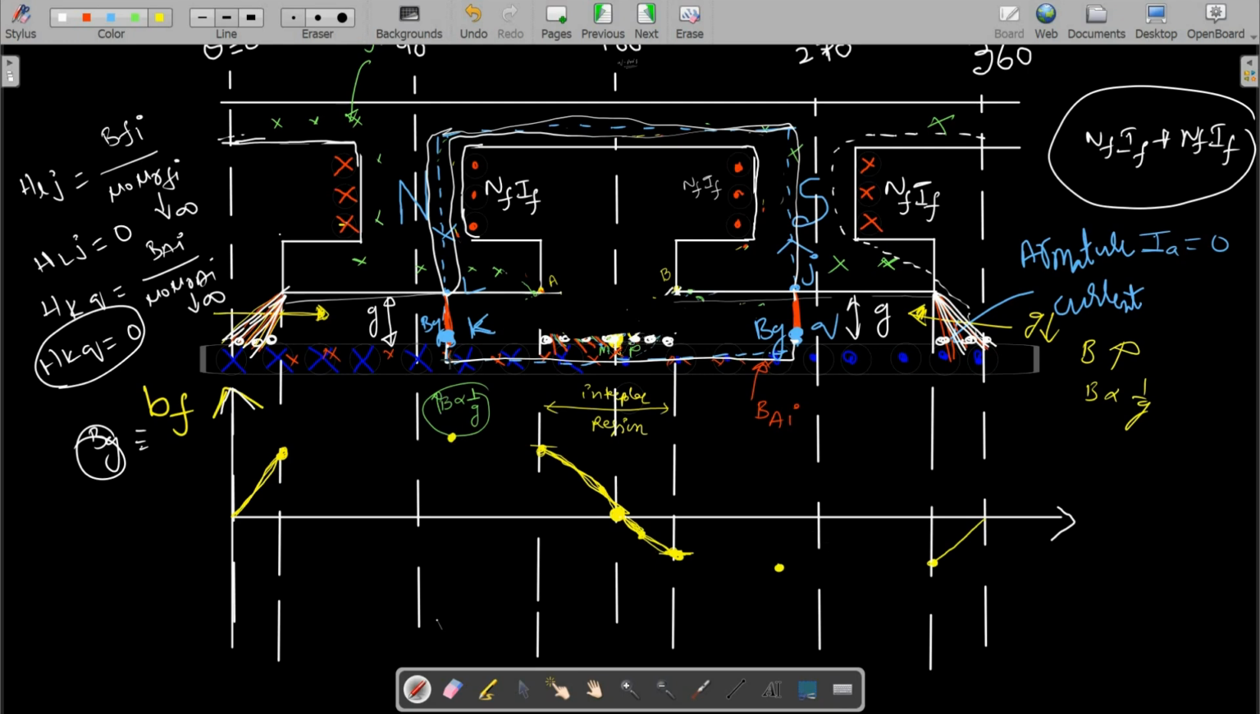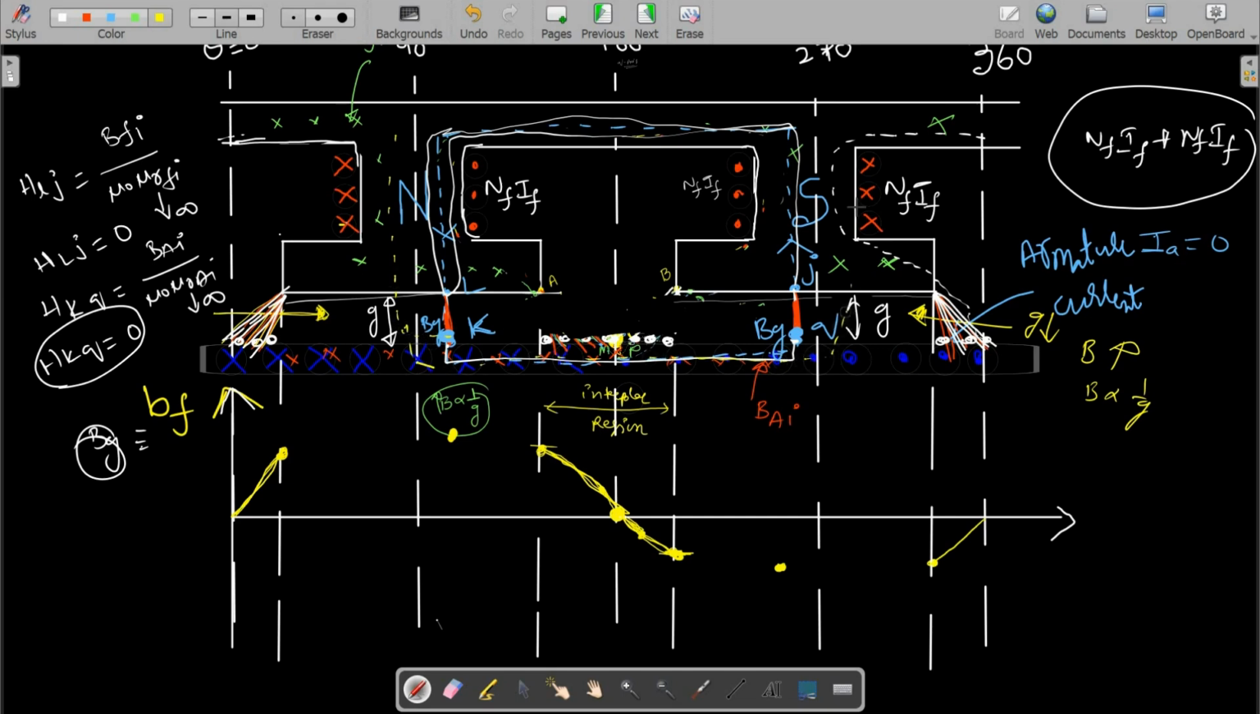Why here it is positive? Because the flux line is coming from the north pole. And here the flux line is entering the south pole. That is, here the value of flux density in the gap on the armature surface is this much, and here it is this much. Now, if I take such kind of lines, many, everywhere here,